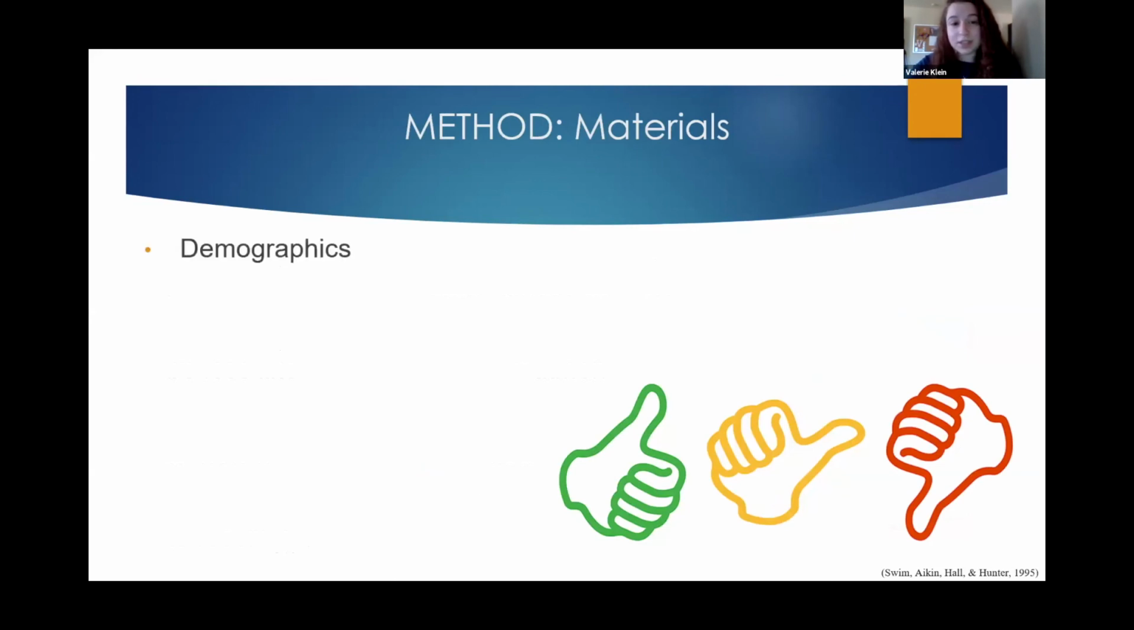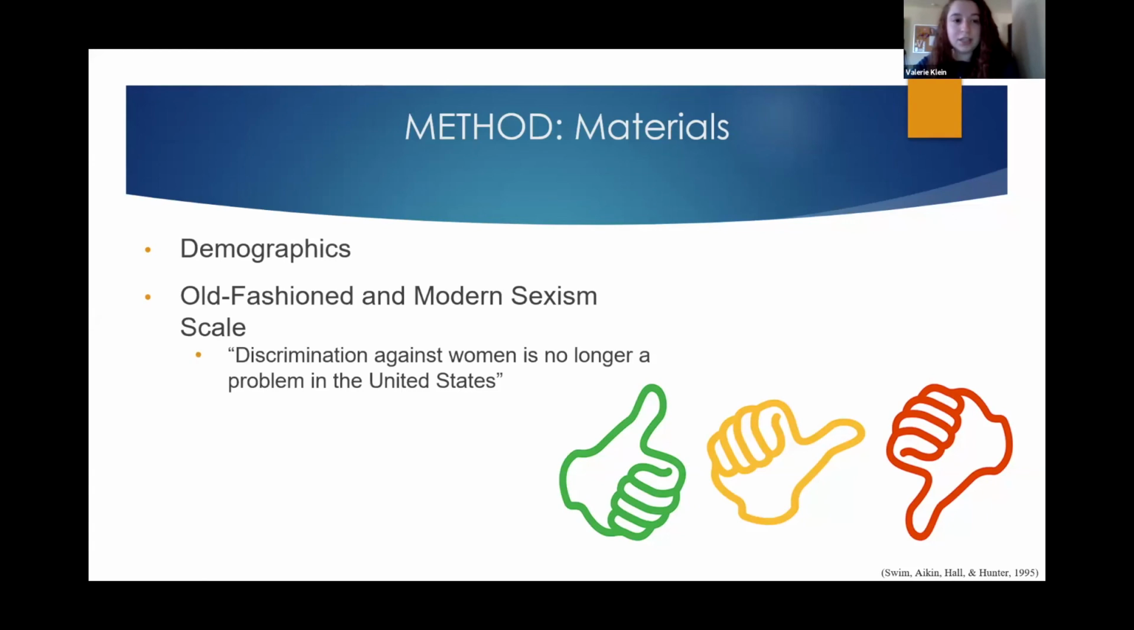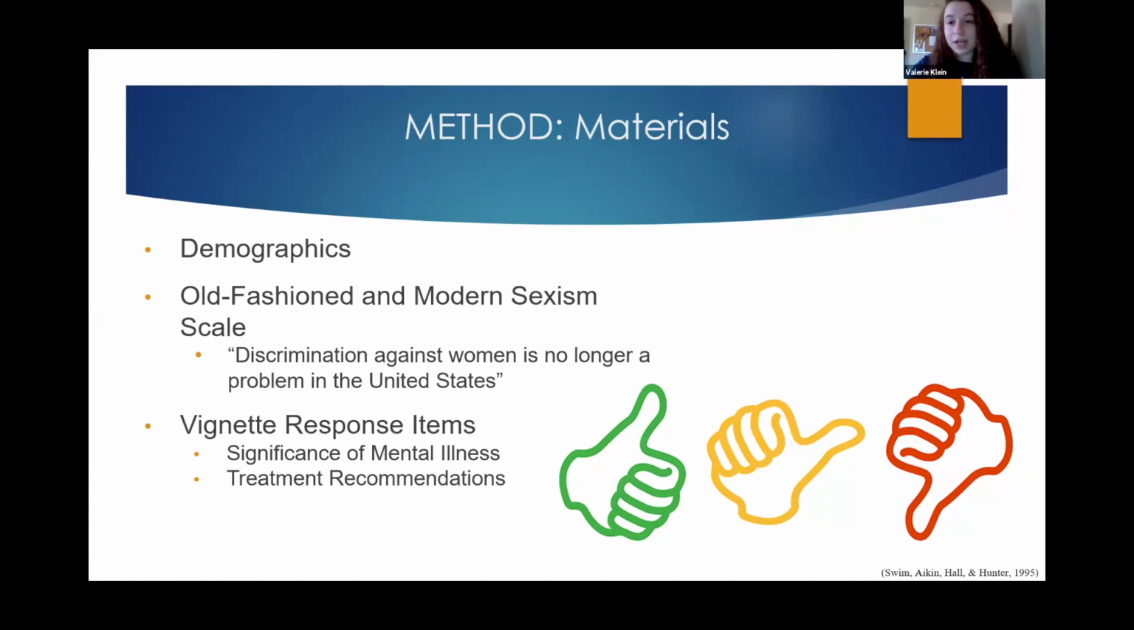For our materials section, we had a 14-item demographics section. We also had participants take the old-fashioned and modern sexism scale, where answers range from strongly disagree to strongly agree. An example item would be: discrimination against women is no longer a problem in the United States. We also had participants answer vignette response items to gauge their perceived significance of mental illness and their treatment recommendations